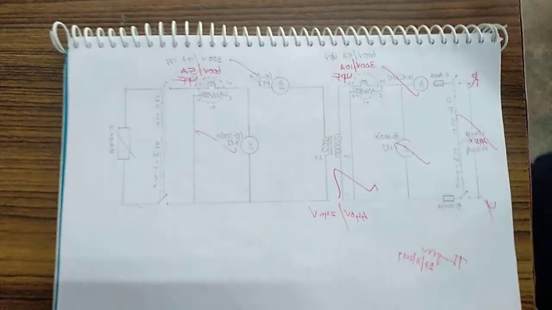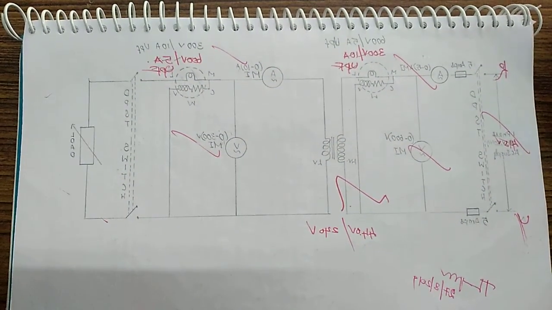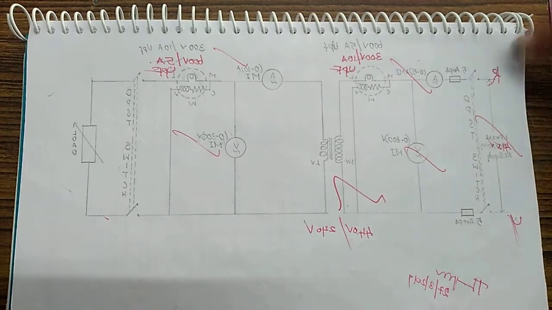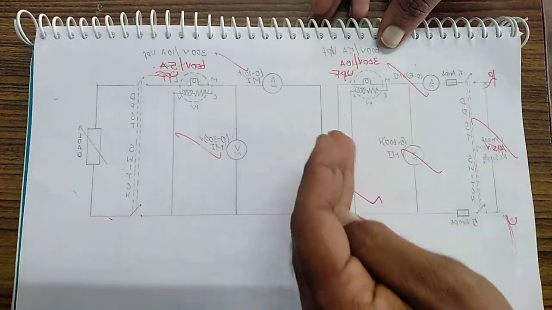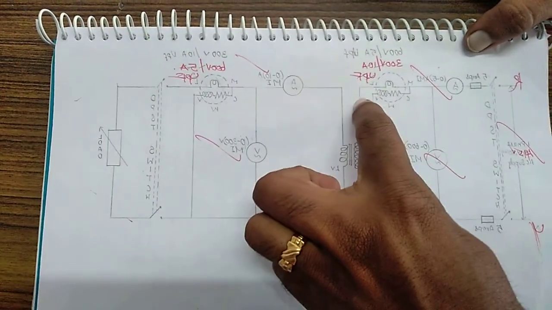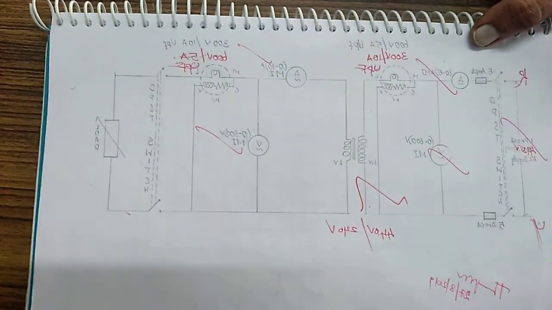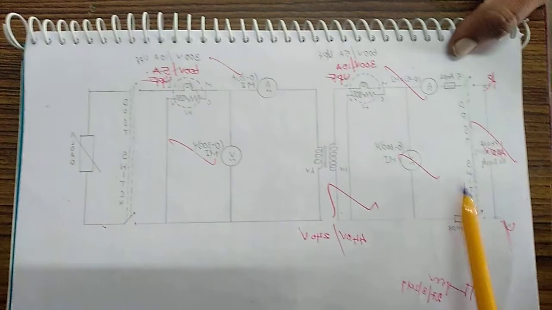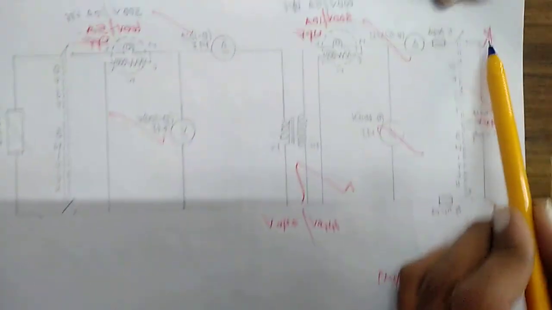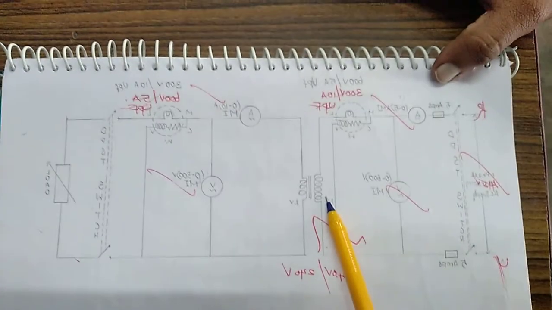So before we see the circuit connections, first we look at the circuit diagram. You have a transformer here, with an HV side and an LV side. This HV side is connected to a supply. For example, you have a supply here, and you are applying a 415 volt primary.